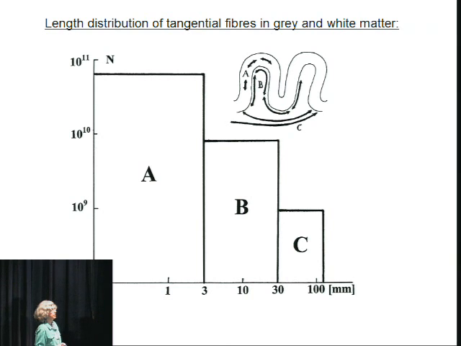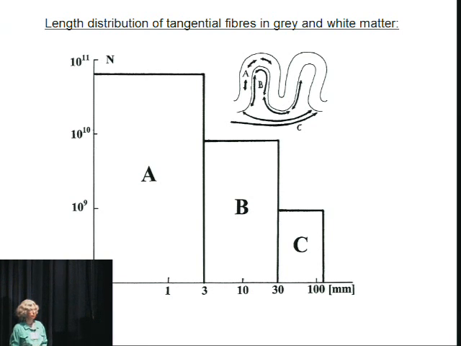Now, in the white matter, we made 2 compartments. Compartment B is the so-called U fiber system. This is fibers which follow the gyri and sulci. Here, we assumed that the length of the fibers is as much as the depth of a gyrus and perhaps backwards again, so up to about 3 centimeters, while C